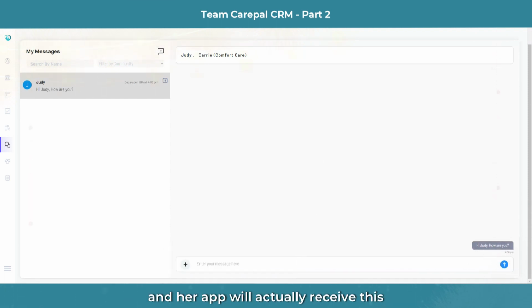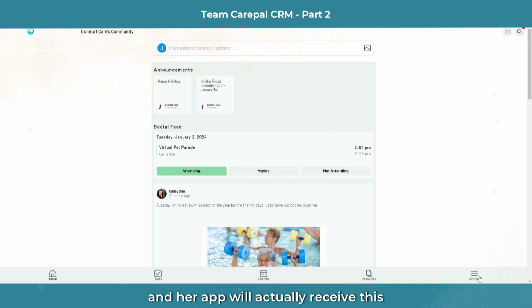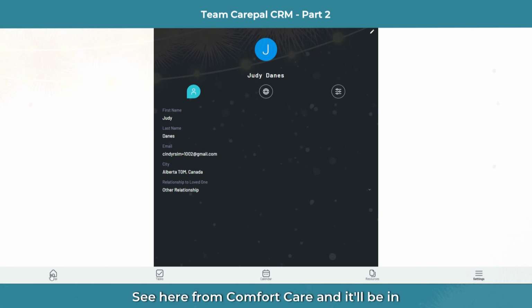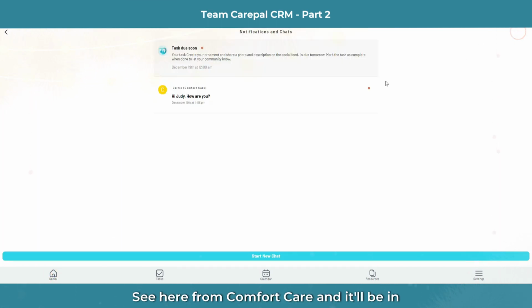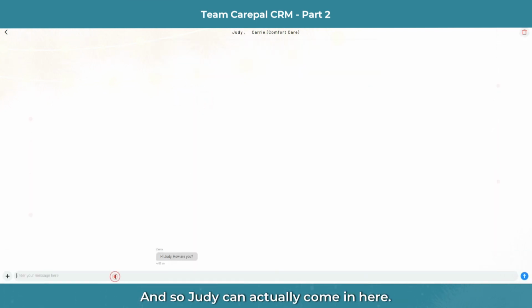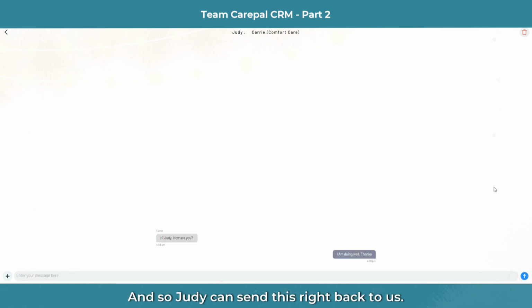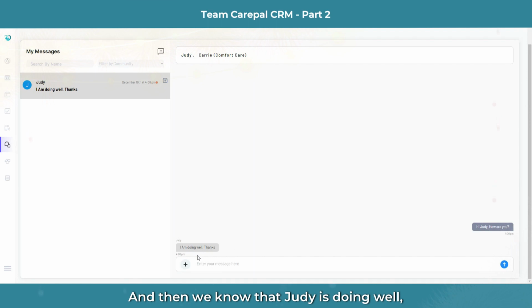And now Judy in her app will actually receive this message. See here, from Comfort Care, and it'll be in here. And you'll see who it's from right at the top here. And so Judy can actually come in here. I am doing well. Thank you. And so Judy can send this right back to us, and then we know that Judy is doing well, which